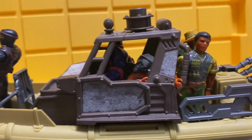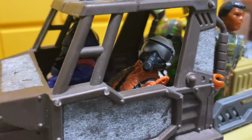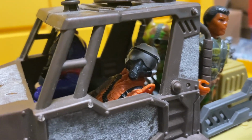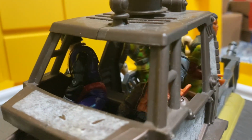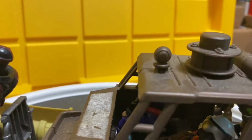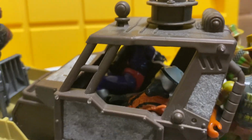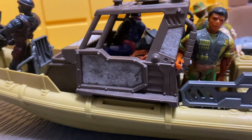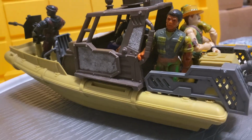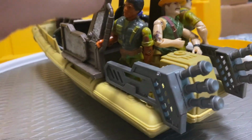So anyways, we've got an unknown pilot in the cabin, and we're going to say he's the driver, and Major Bludd is still hanging out of the window there. So kind of some detailing of maybe some sirens and searchlights on the roof. That's kind of a nice touch. And we get here to the back of the craft, and it looks like I chose 3 of the